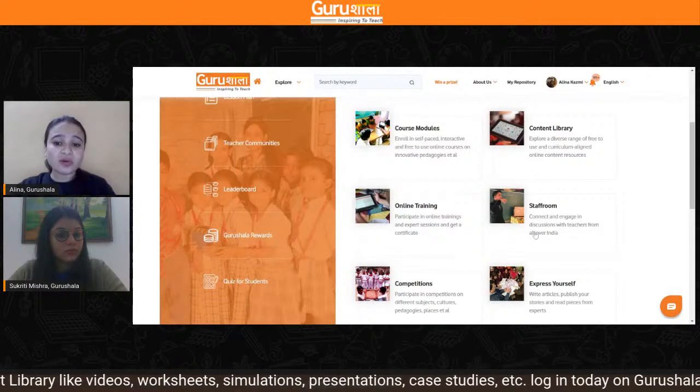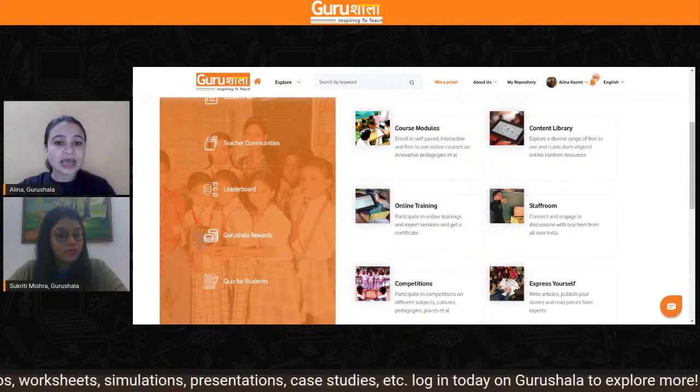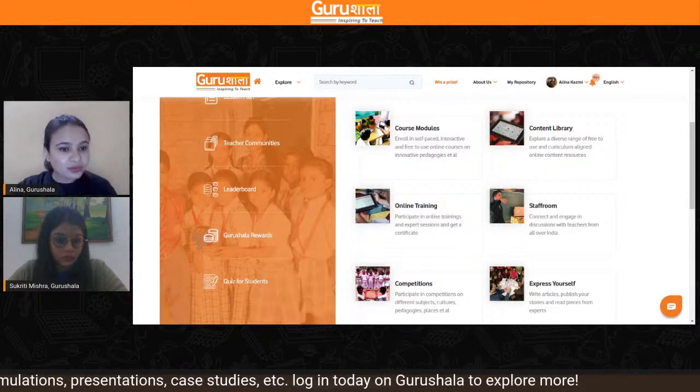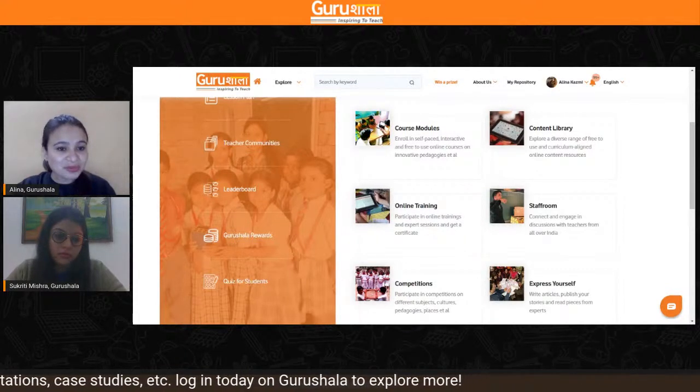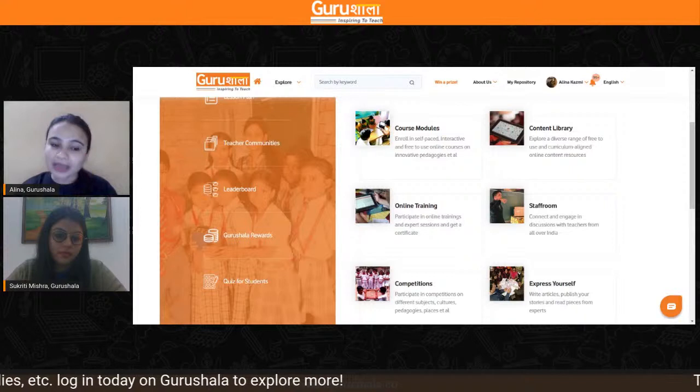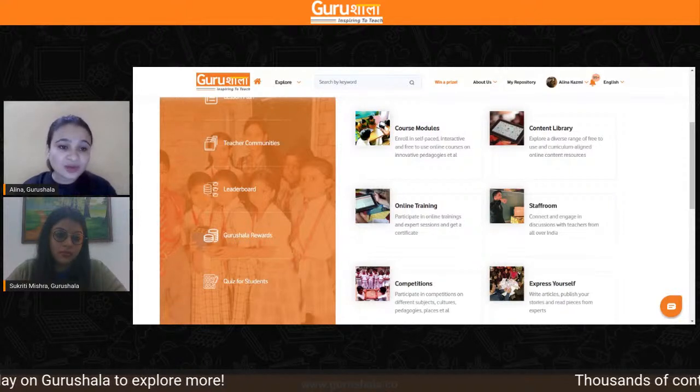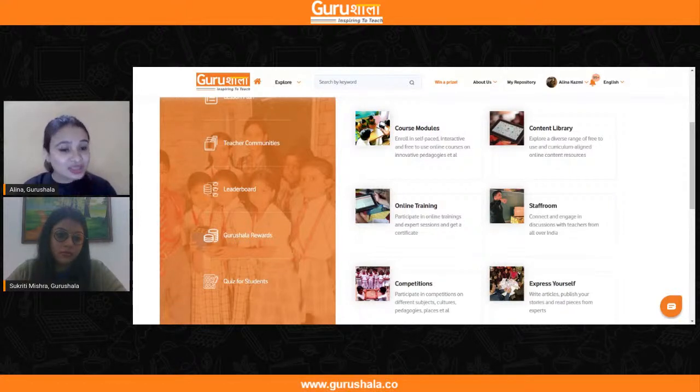Then the fourth element here is that of a staff room. So staff room is like a virtual staff room where teachers can come and get connected with teachers from different states of India and share their experiences, their memories, and their issues. So in staff room, we have seen that teachers, especially during the scenario where they are teaching from their homes